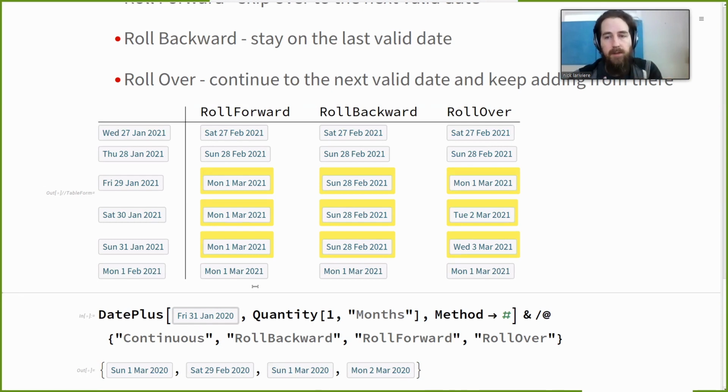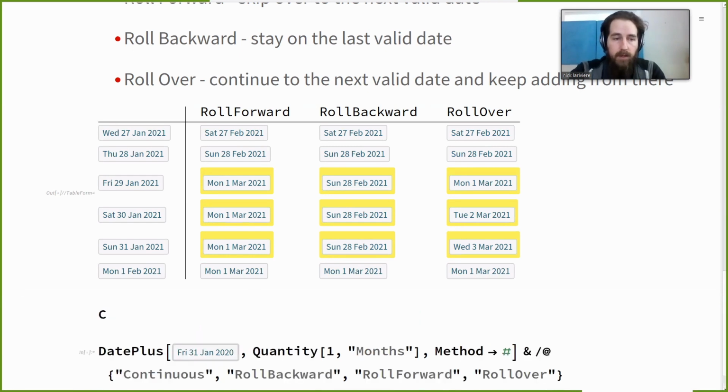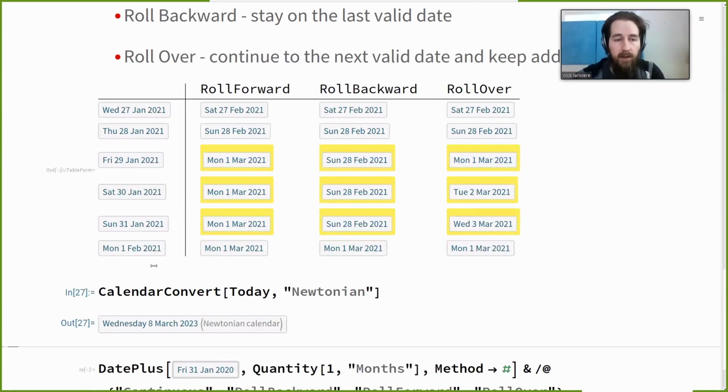But eventually people realized that was poorly aligned with solar cycles, and the Gregorian calendar was proposed. Newton actually proposed another calendar that was closely related to the Gregorian calendar, but had a slight variation in how it handles leap days within leap year cycles, so that it would be accurate over longer time. So if I were to say I want to calendar convert today to the Newtonian calendar, we still get Wednesday,